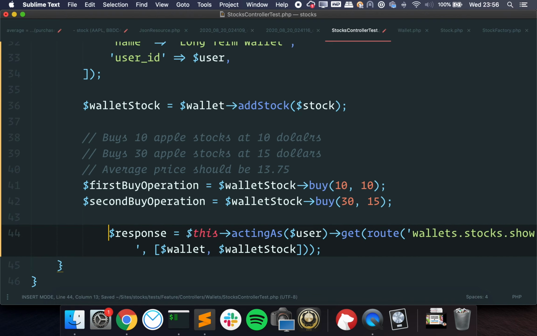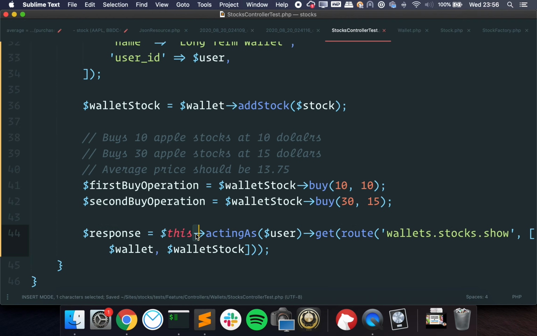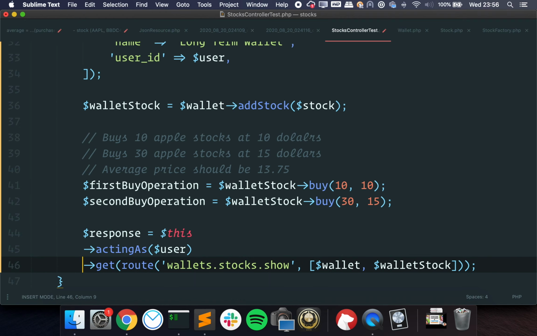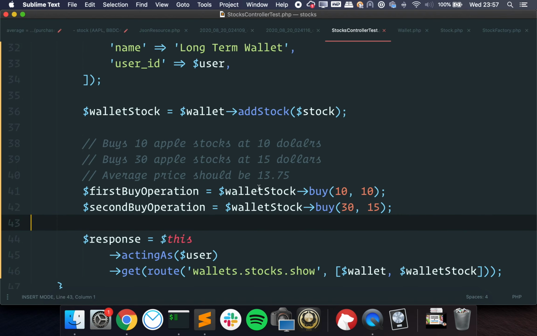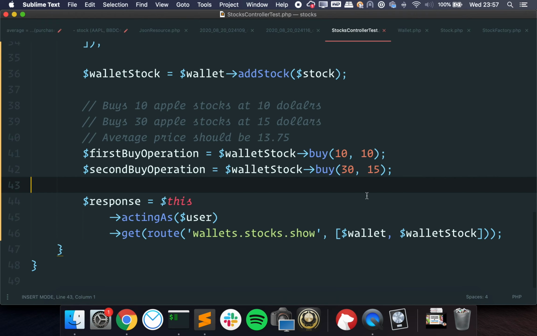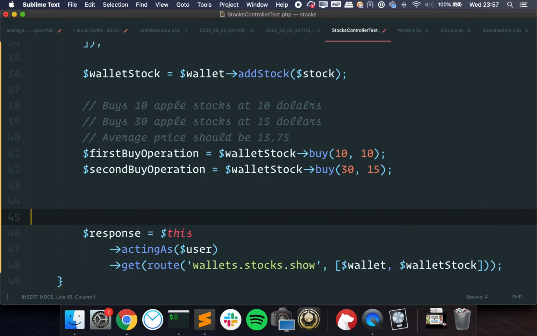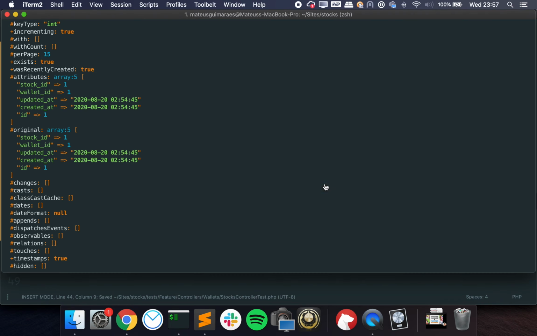Let me change this. So just to clarify things, we're saying, hey, make a call acting as the user to this route. This is not a testing thing, this is a method within Laravel. It just generates the URL for you. We don't have this route yet, but I'm going to show you guys how I do it. So if we run this